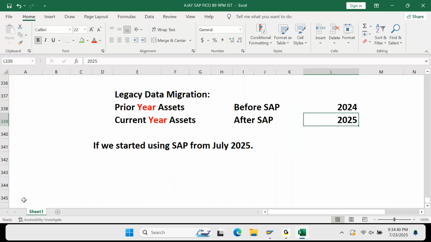And after that, there are some accounting entries here. When we say there are some accounting entries, in general, when you look at asset accounting,